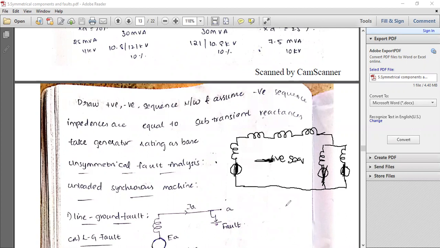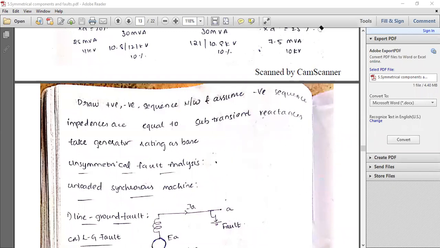So how can we obtain the zero sequence network? This is also very easy. Positive sequence is obtained like this, and negative sequence is next like this. Now you see here, this is the generator reactance that you have to connect here. Next, you need to place a switch here. Once again I am going to draw the same system, and draw the zero sequence network.